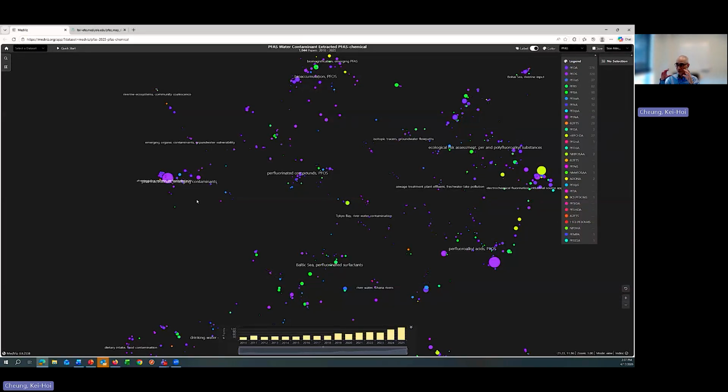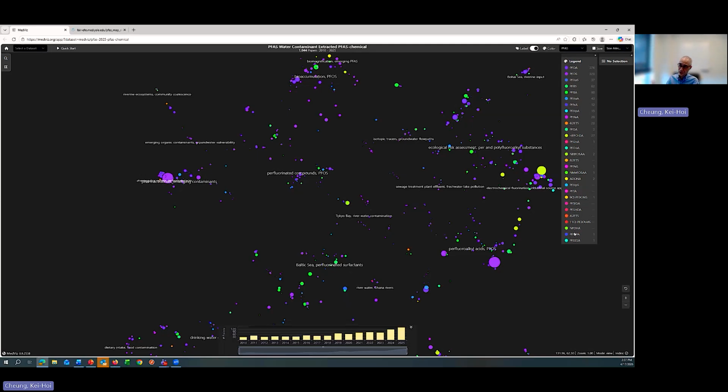So the bigger the circle, the higher the number of citations. This is cumulative. By default, you can see this visualization is represented by this list of PFAS. We are only looking at a subset of the PFAS that are of interest for EPA monitoring purposes.